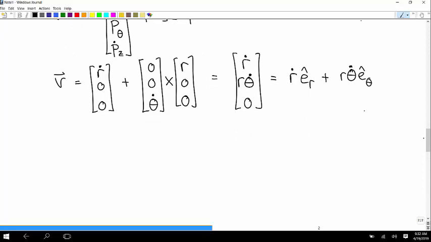Any questions about that before I go to acceleration? Okay, so acceleration in a rotating coordinate system is the second time derivatives of the components of the position vector